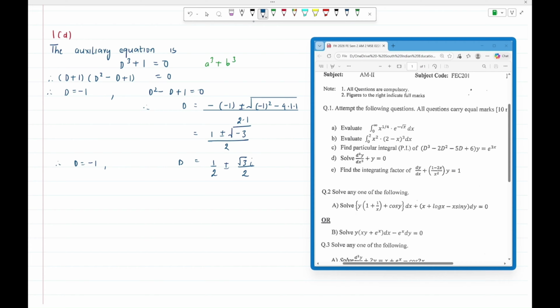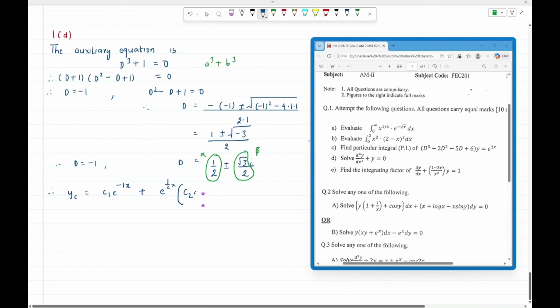Since all the three roots are distinct and we have a pair of complex roots, the complementary function is going to be c1 e raised to -1x plus, for the complex root we have alpha as half and beta as root 3 over 2. So this is going to be e raised to alpha x, that's e raised to half x, c2 cos of beta x, that's cos of root 3 over 2 x,